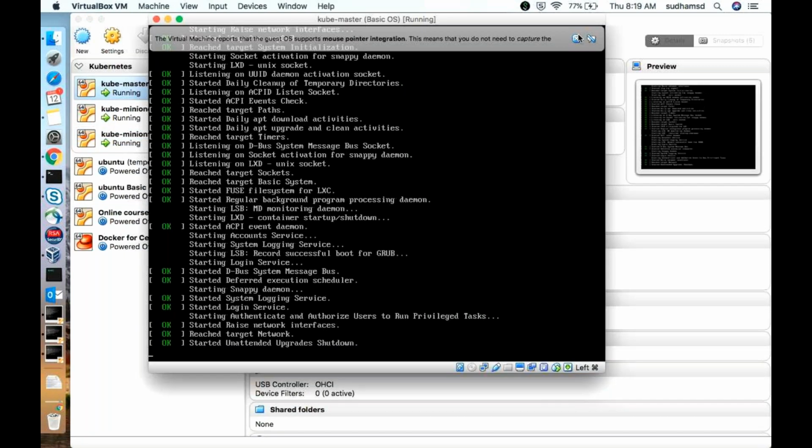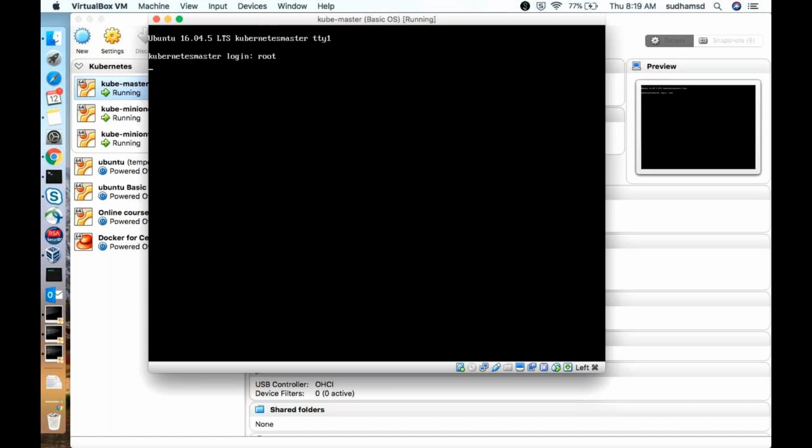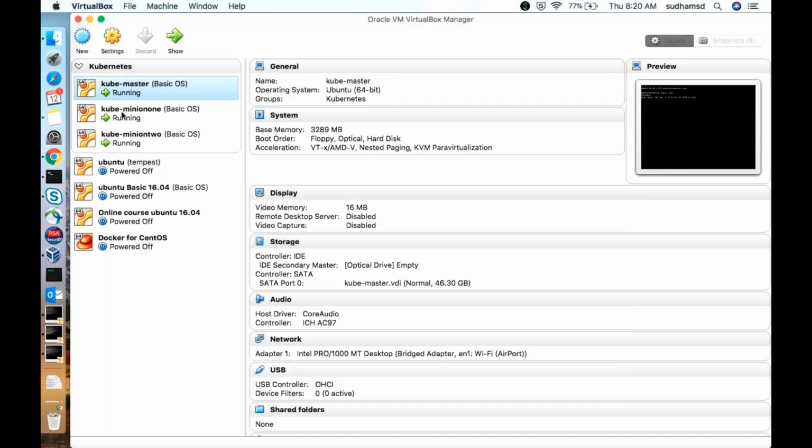Let's log into that. Have direct root access. So now these servers are loading.